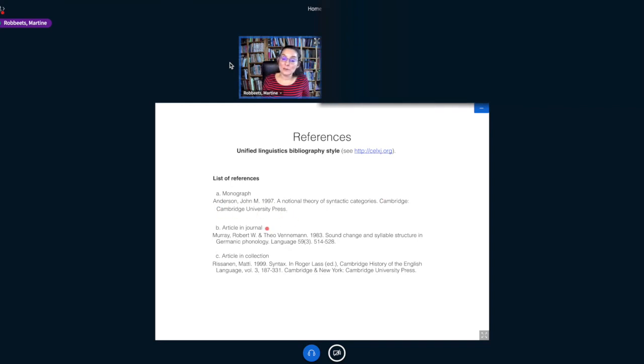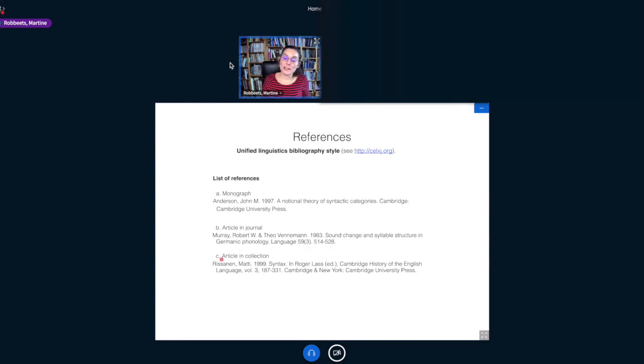But in the case of an article in a journal, you do not give the publisher or the press, you just give the authors of the article, the year of publication, the title of the article, and then the title of the journal in which it appeared with the journal number. Sometimes there's also a special volume. For instance, in Language 59, you would have a volume 1, 2, 3, and 4. So the volume number and then